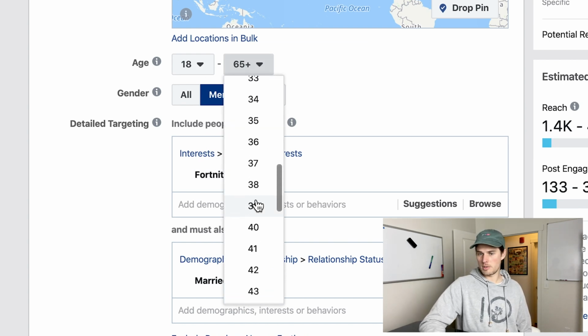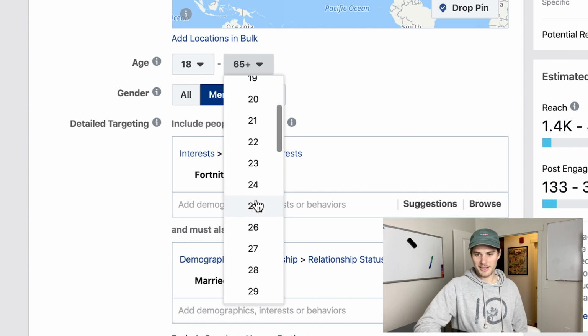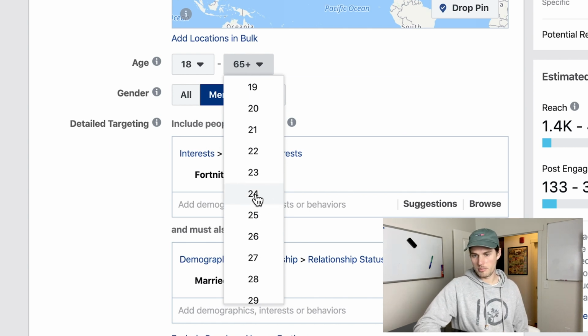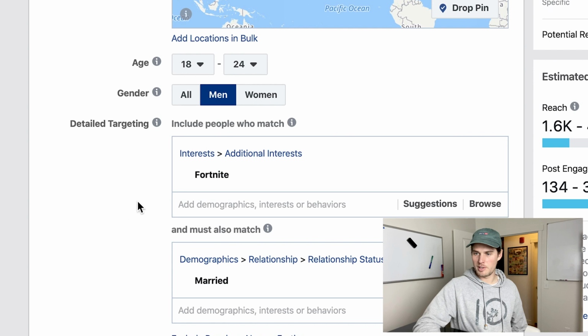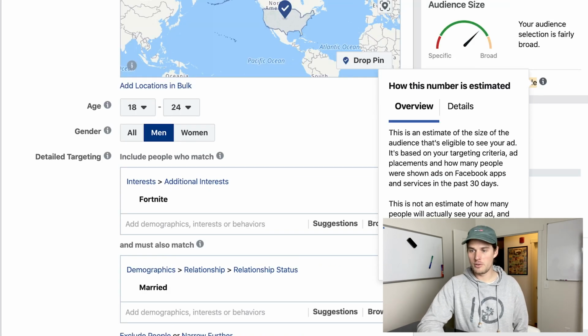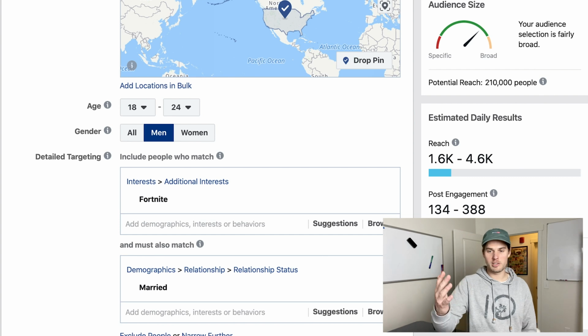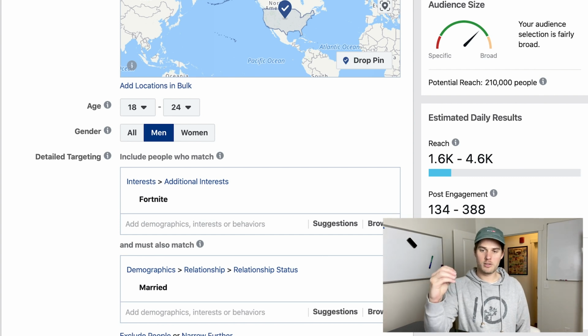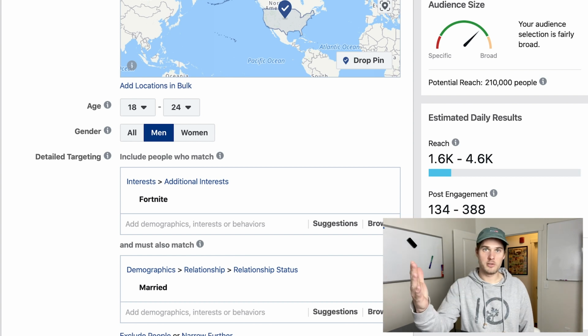So this is kind of odd targeting, but maybe you'd have a specific reason for this kind of targeting. But when we do that, we'll see that we have a potential reach of 210,000 people. So Facebook's saying, hey, you want 18 to 20-year-old men that like Fortnite and that are married, I've got 210,000 of those for you. But obviously they're not going to just put our ad in front of all of those